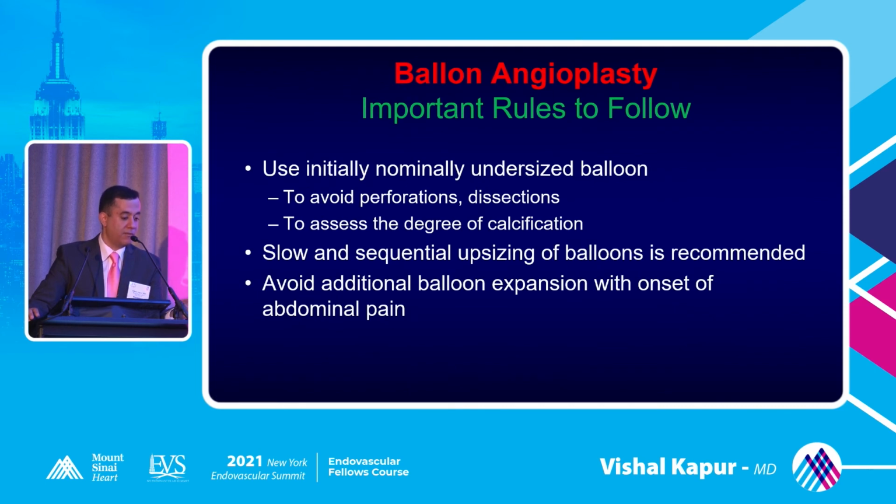Balloon angioplasty, just to learn, we try to undersize first, so go slow. Just do a smaller size balloon angioplasty to get an idea of how well your lesion expands. Is it very calcified? Then you can slowly grade your balloon up, because the last thing you want is to go 1:1 and have a perforation right there. You can upsize your balloon, get another size, start with a lower diameter and go up, but it's always a good idea to have a slow upgrade of your iliac, with sequential balloon inflation.